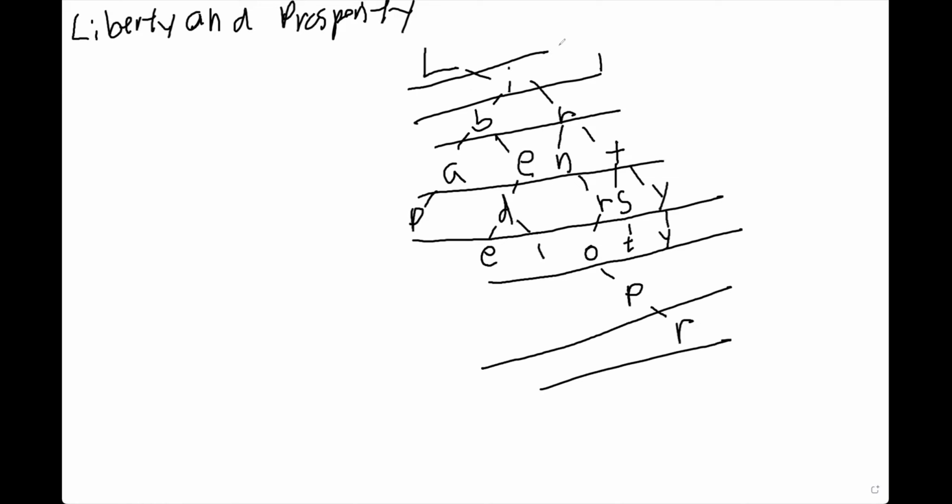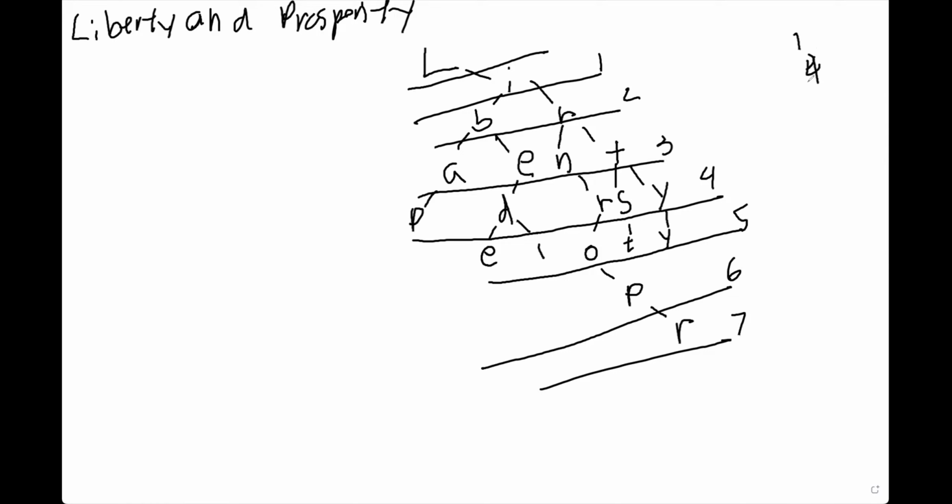So this is going to be level 1. The first one doesn't count. 2, 3, 4, 5, 6, 7. And what you're going to do from here is look at how many nodes there are, basically how many letters there are, and then multiply it by which level it is. So it'll be 1,